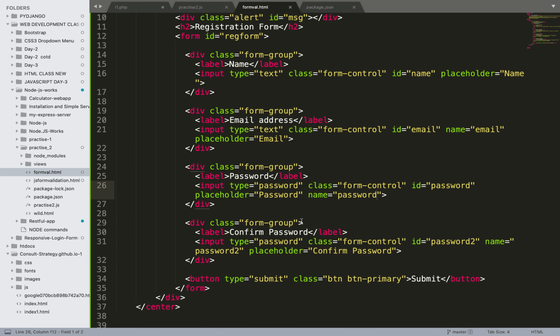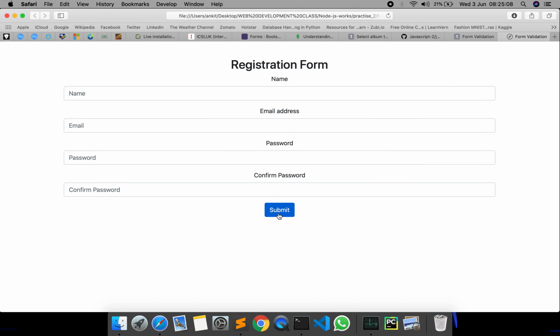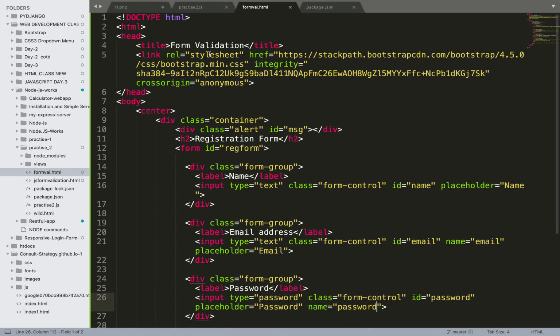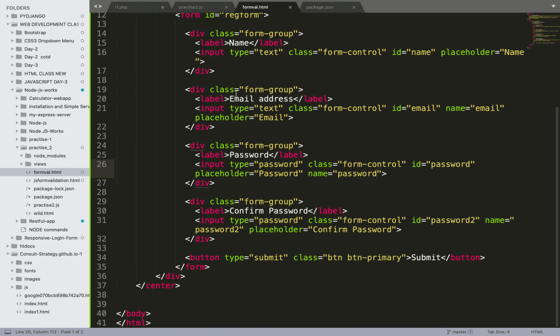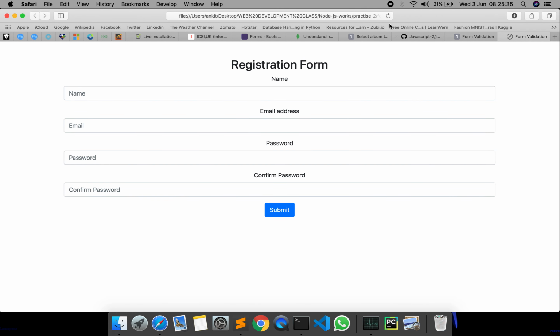Now, like this button, you can see there is a hover effect. Whenever I move my mouse over it, it gets a bit darker, but I haven't mentioned any style for it yet. So how is this happening? This is all happening due to the Bootstrap link. Suppose if I want to change the style of it, from primary, let me make it btn danger. Now see the change, it will turn red.